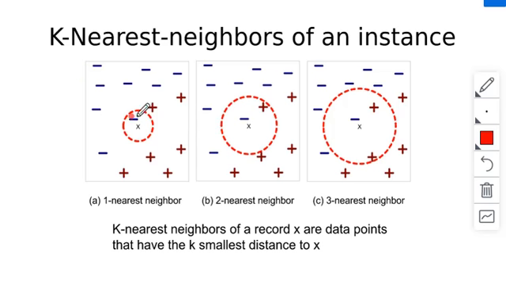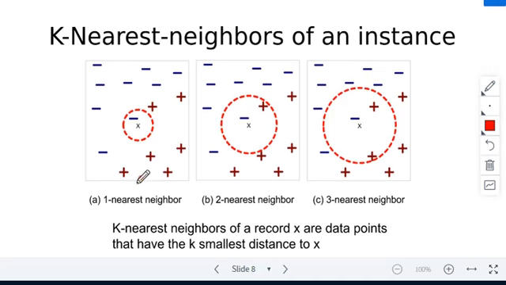What are this minus and plus? Minus and plus are nothing but the class labels. The class label has two categories, one is plus, another is minus. Hope it is clear. Next, we take the test data. Whatever you are observing here as X is the test data. We have to predict to which class label this X belongs.